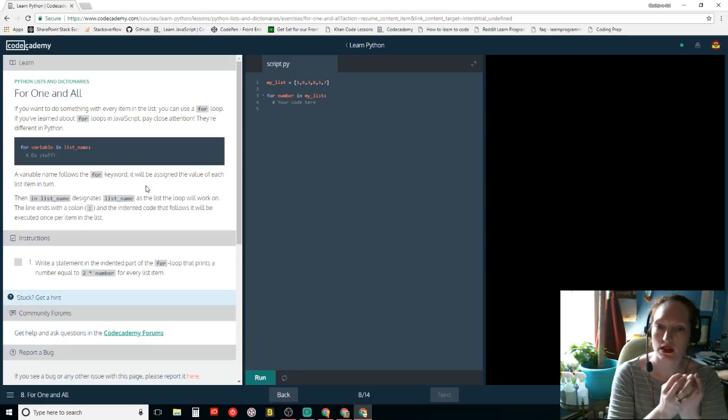It will be assigned the value of each list item in turn. Write a statement in the indented part of the for loop that prints a number equal to 2 times number for every list item.